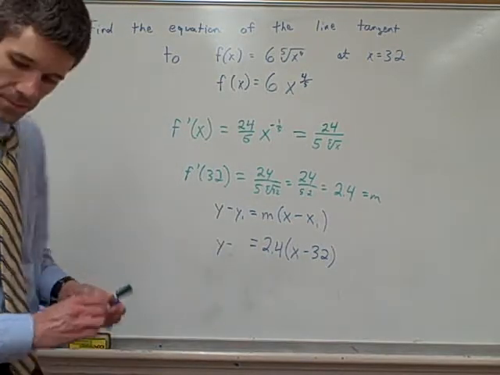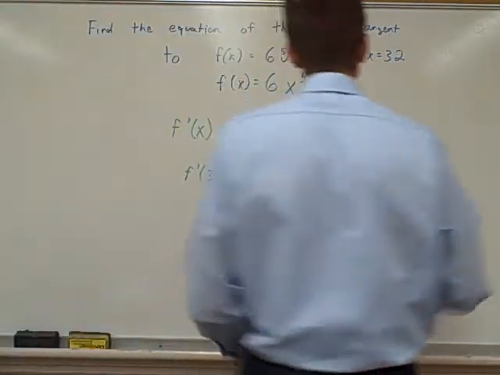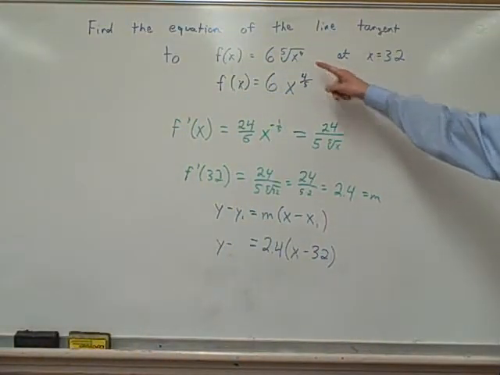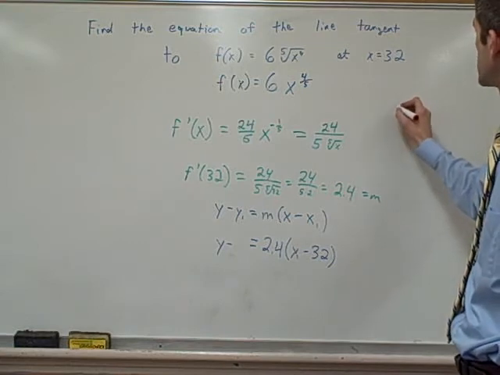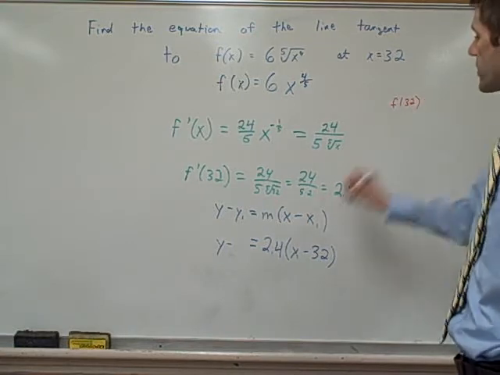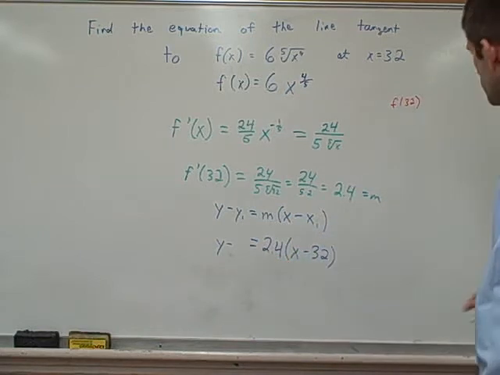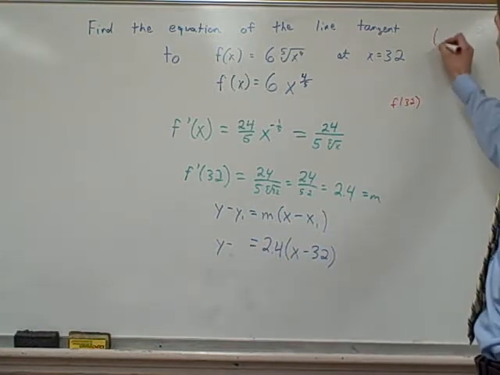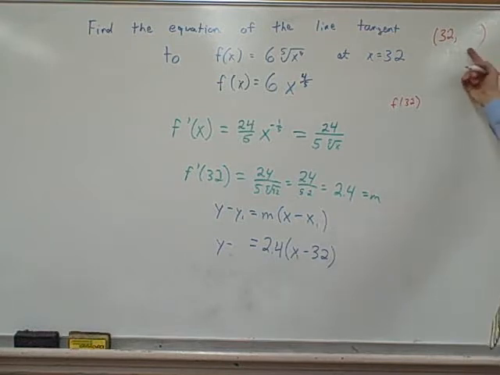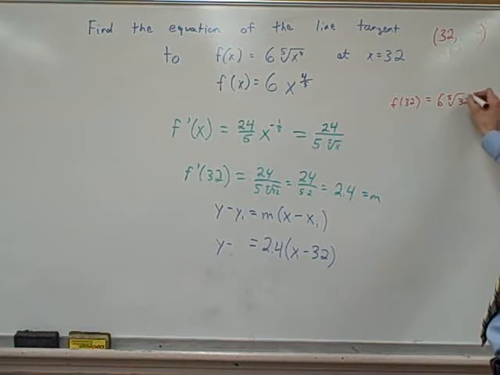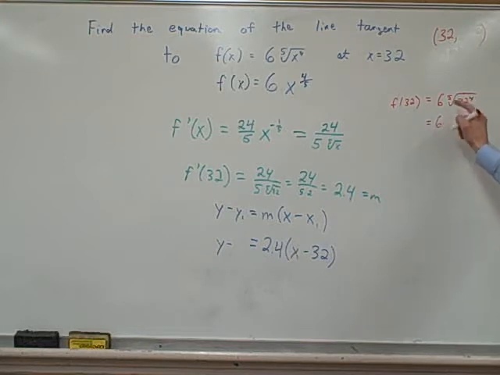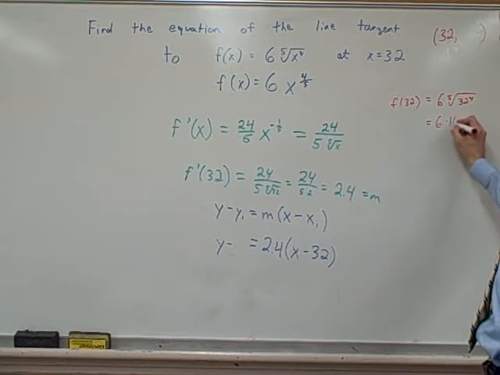So let's come over here on the other side, and we're going to plug a 32 into the original function. So f of 32, this is going to tell us what the y part of our coordinate is. Because essentially we need a coordinate. We need 32 comma something, I don't know what it is. So we're going to plug in 32. 6 times the fifth root of 32 to the fourth power. That is a mess. That's okay though. 6 times the fifth root of 32 is 2. 2 to the fourth power is 16. 6 times 16 is